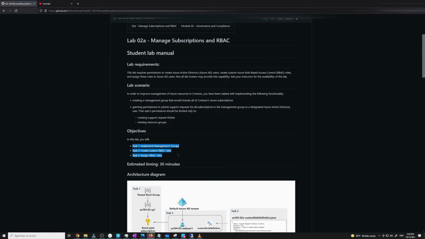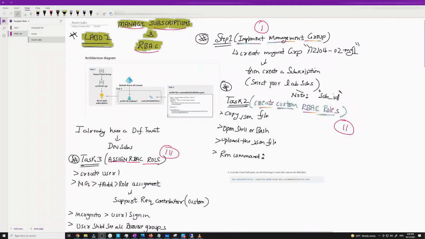Implement management group, very easy. Create a custom RBAC role and then assign that RBAC role. And then let me explain what's gonna happen. This is the diagram here, what I have done here. So guys, in this lab I'll just show you task 2